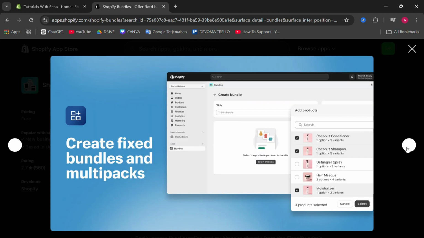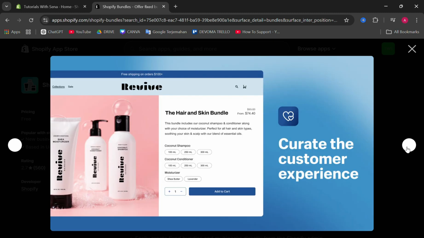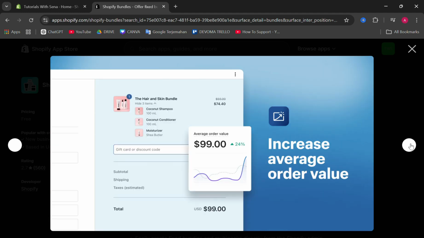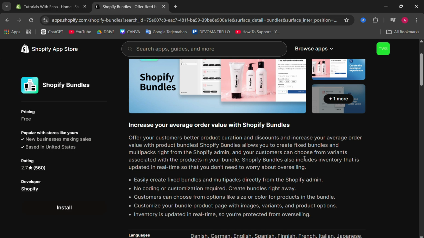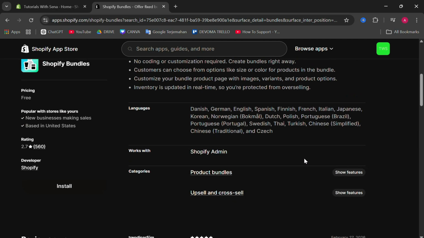You can see you can create fixed bundles and multi-packs, and then you can create the customer experience, and you can increase average order value. It's really good for us, and there is real-time and accurate inventory. So if you think it is good enough, you can just install it by clicking this one, click install, and